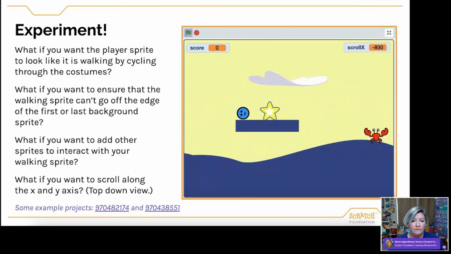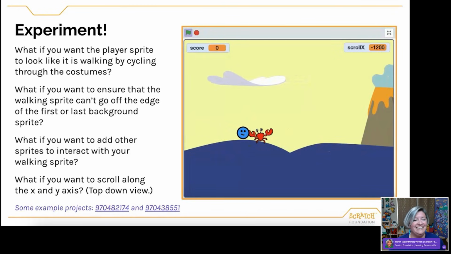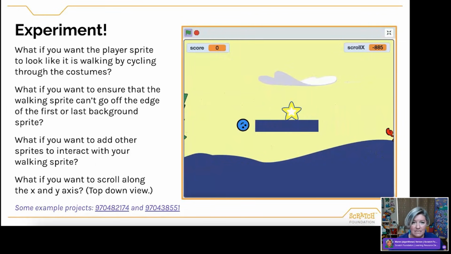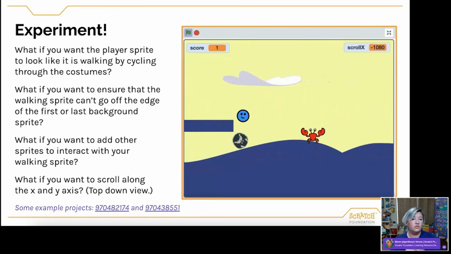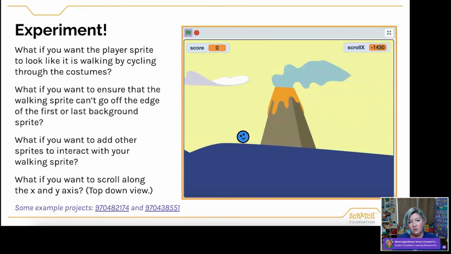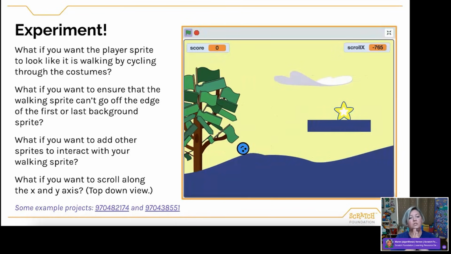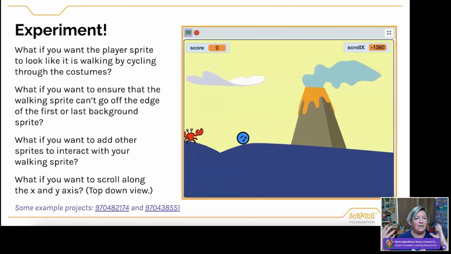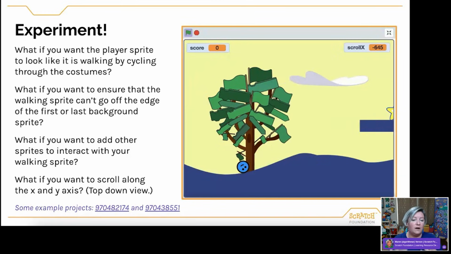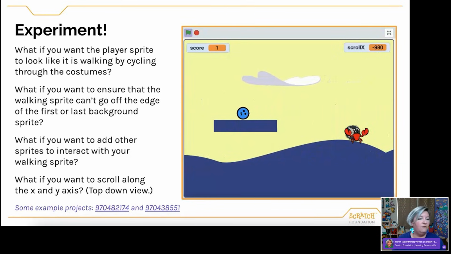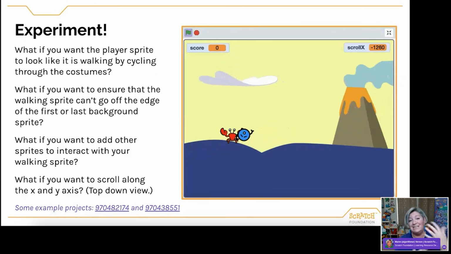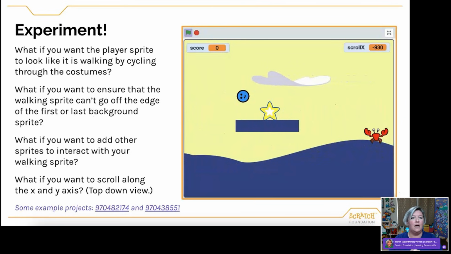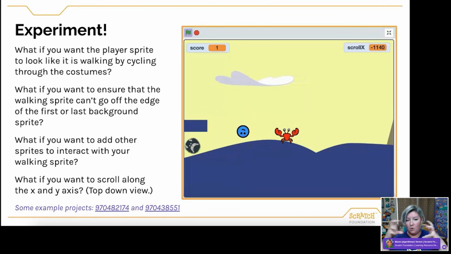Just another version of that is platformers. We're going to talk about games in a future session. So again, I'm not going to dive too deep into this at the moment, but platformers are another way that these scrolling backgrounds are often utilized in Scratch because students love to create these. And so here we are setting up the scene that they are scrolling through in this platform. It becomes another part of the character of the scene. And then they can think about things like, what sprites do you want to add to interact with? Do you want to do it top down or from the side? What kinds of stories may go into this?